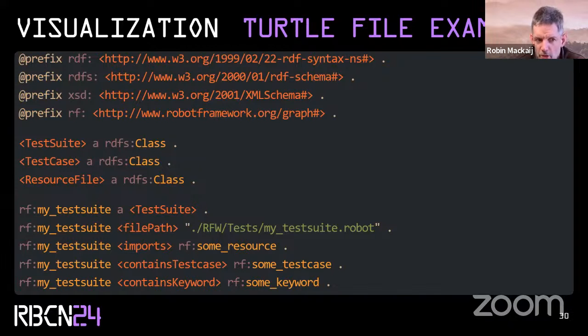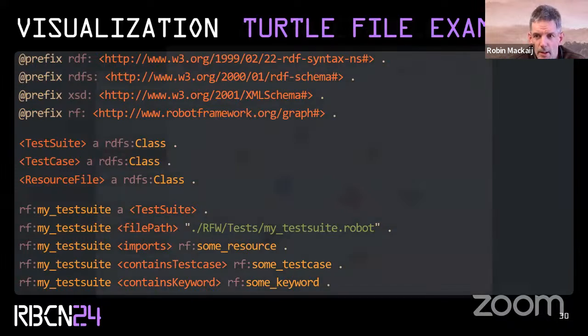These are all facts about things in our domain. Our domain is a Robot Framework project. And we have classes and relationships between these classes. And, well, if you can create a turtle file like this, you have a graph database,